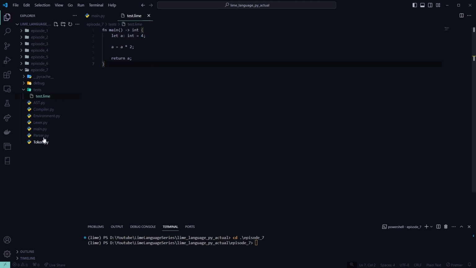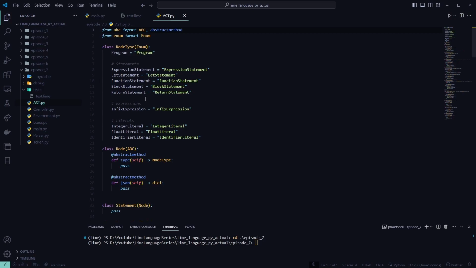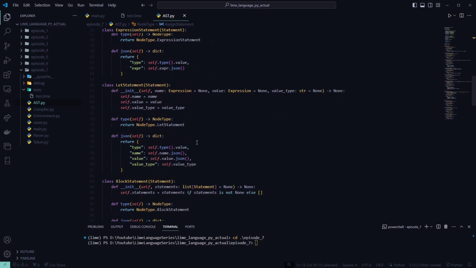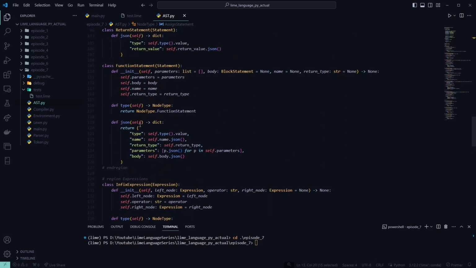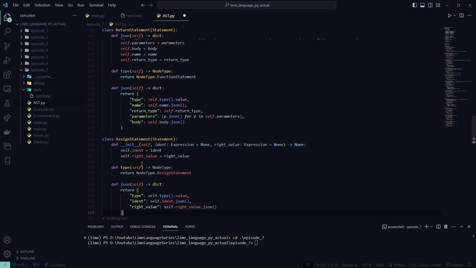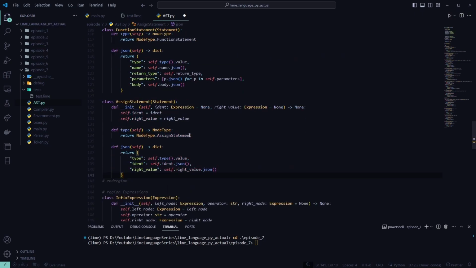So down in the ast.py will be our first stop. We're going to add a new node type called the assign statement. So assign statement, if I can spell. And we're going to go down to the bottom of our statements and create that class. For the sake of time, I'm going to paste this in,